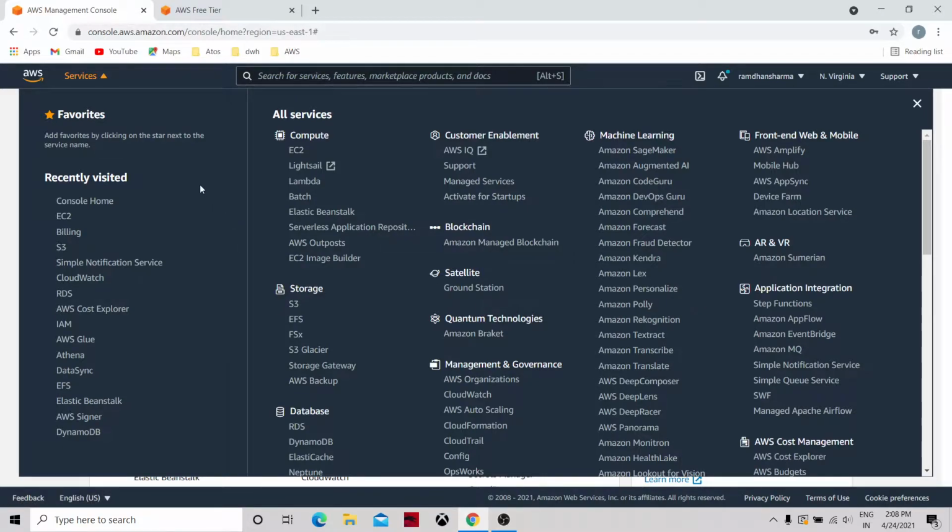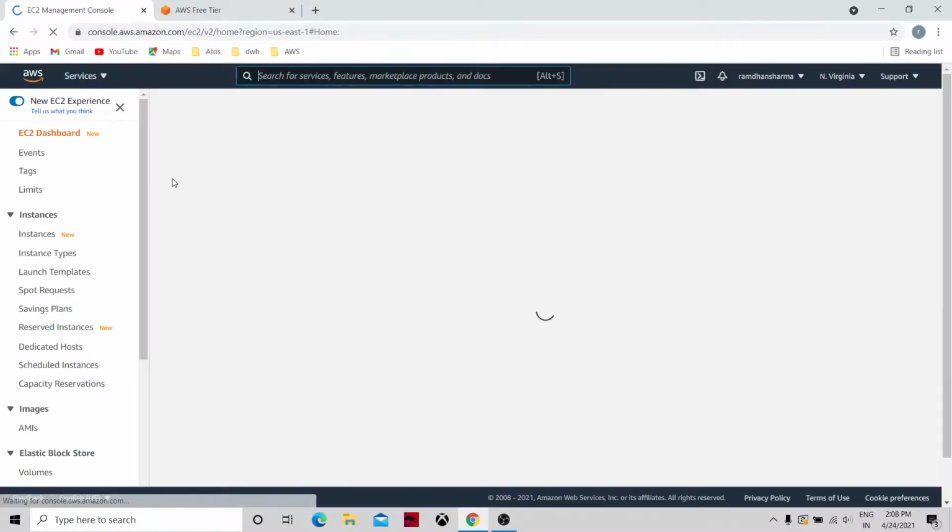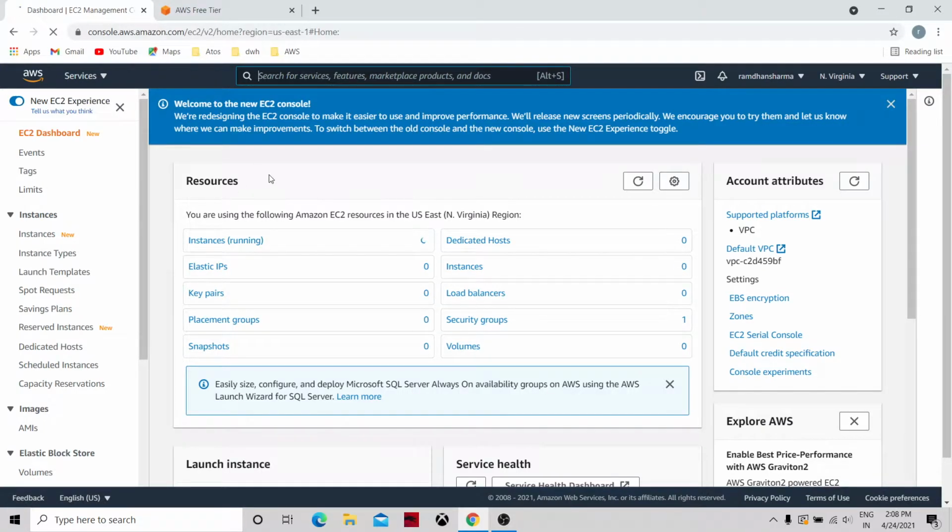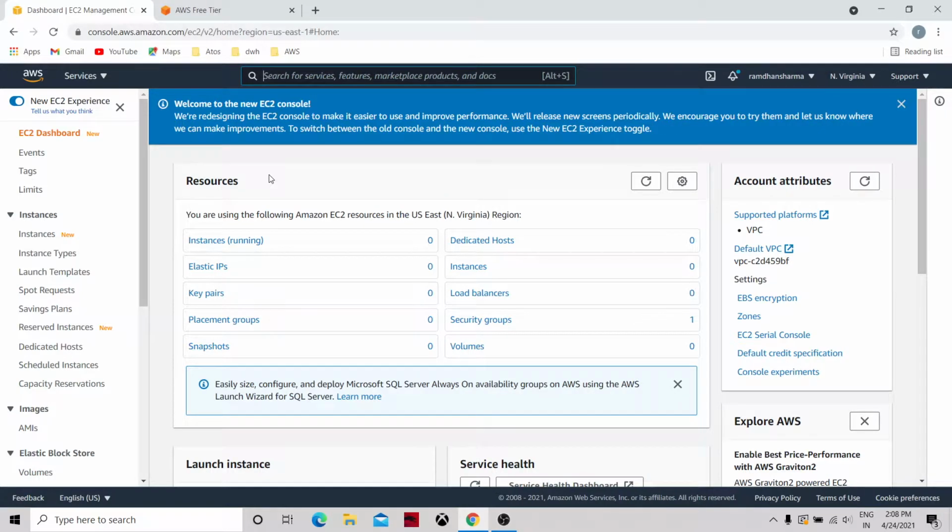As our today's topic is EC2, which stands for Elastic Compute Cloud, in this section we are going to create EC2 instances and cover the services and concepts related to EC2 instances.